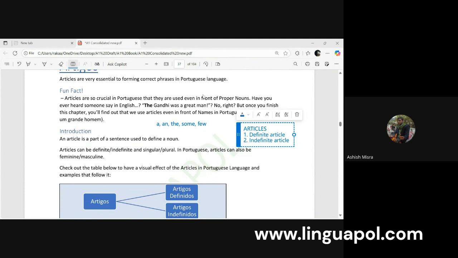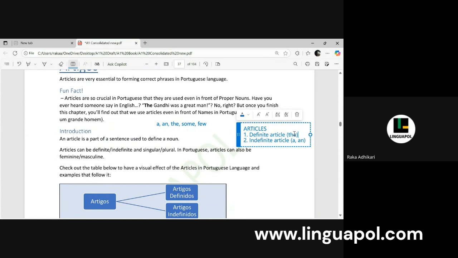Like a house can belong to anybody. It's not particular. Right. And if we want to use house in particular, then we can also use the house if we are very sure that this is a particular house which you're talking about. Okay. So I guess definite and indefinite articles, we know the examples. That is, we know in English we use a and an for indefinite articles. And in definite articles, we use the word the.